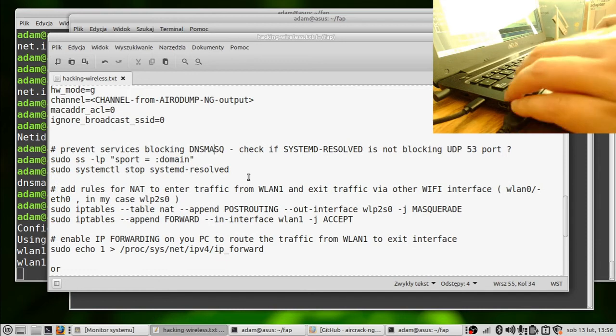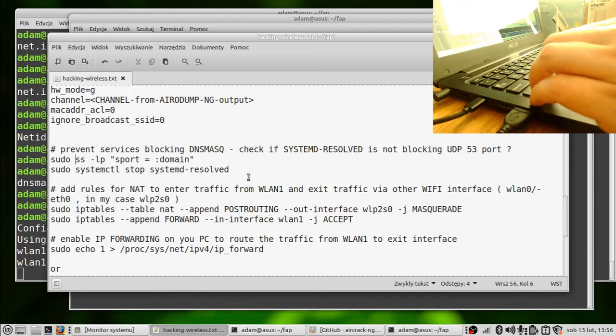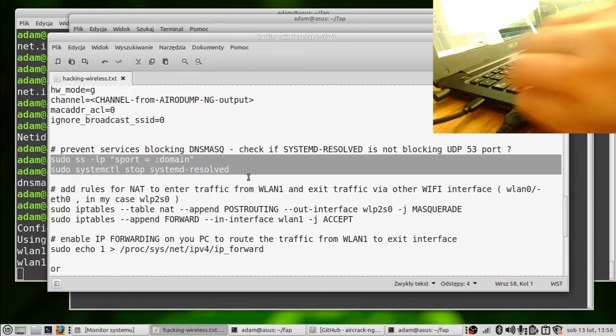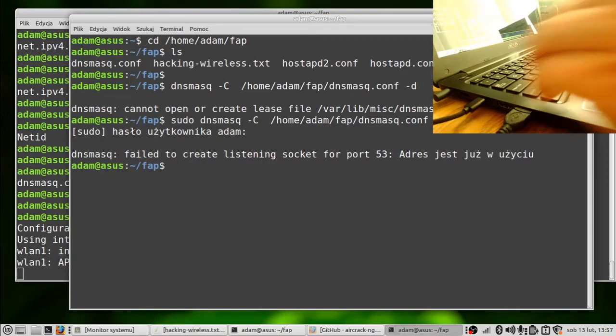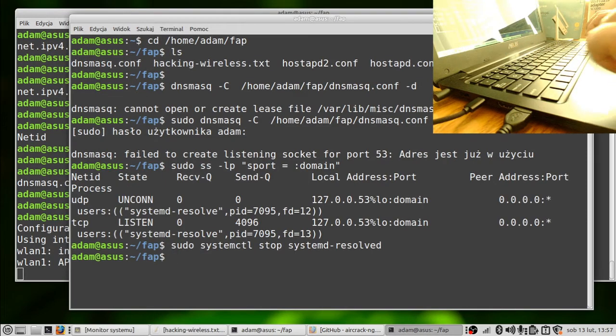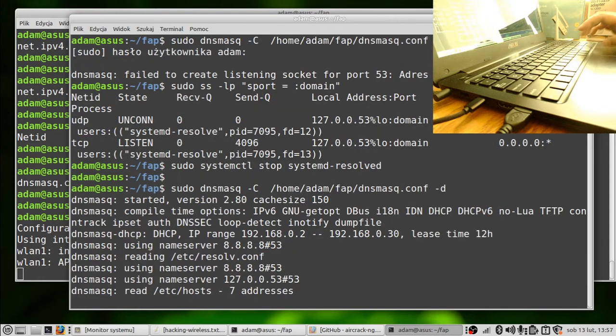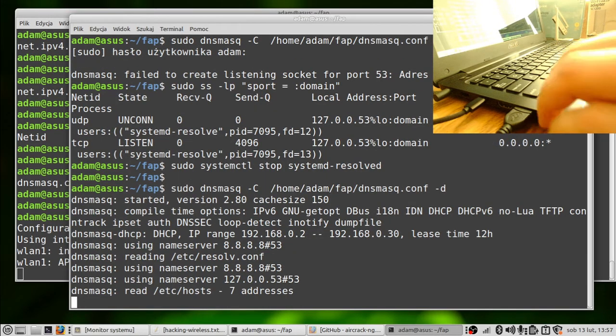So we need to kill it once again. Otherwise, it will prevent you from bringing up the DNS masquerade. Okay, as you see, it was running and we just brought that one down. And now we have this DNS masquerade up and running.